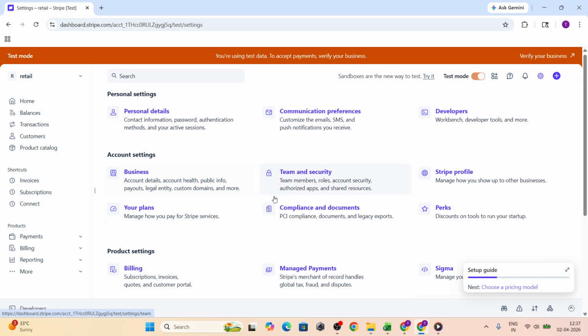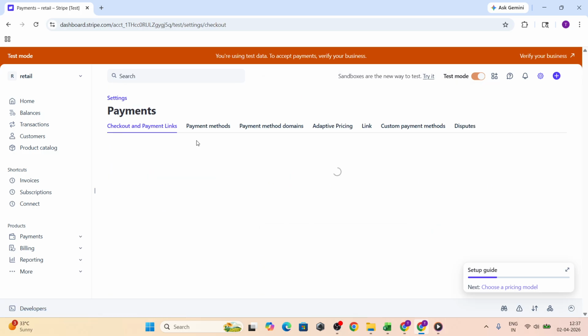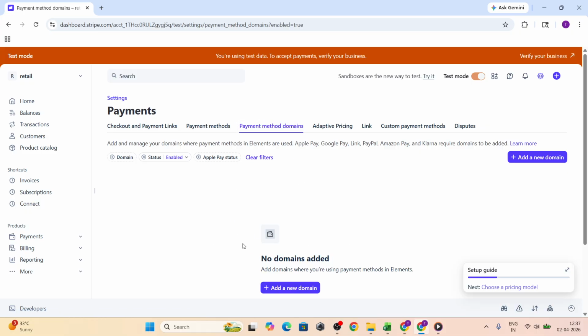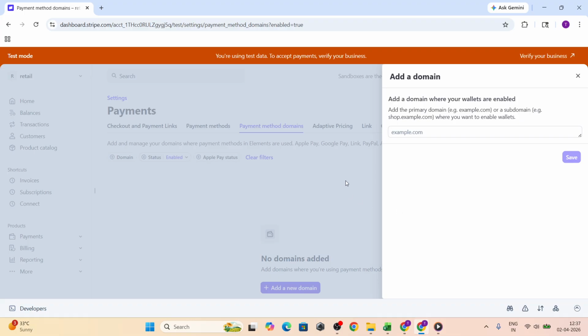This page is where you tell Stripe which website domains are allowed to offer Apple Pay. Registering your domain here is required for Apple Pay to show up as a payment option in Safari. Click the button that says Add a new domain. A small form will appear asking for your domain. Type your full domain name, like